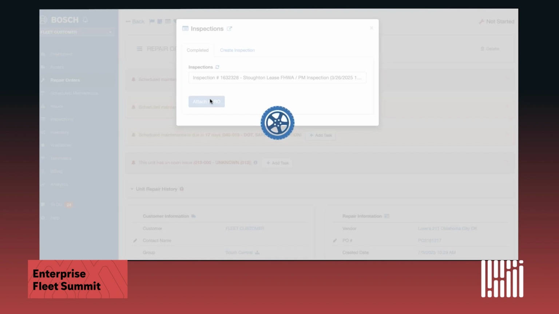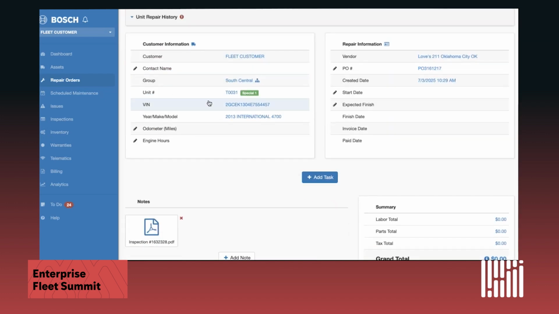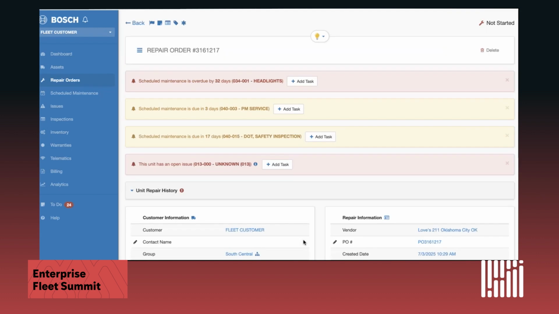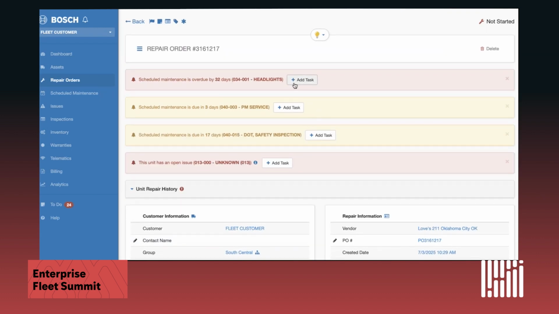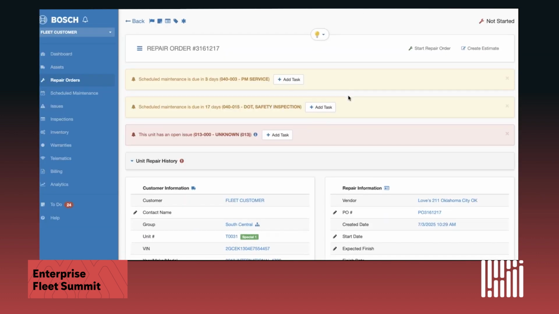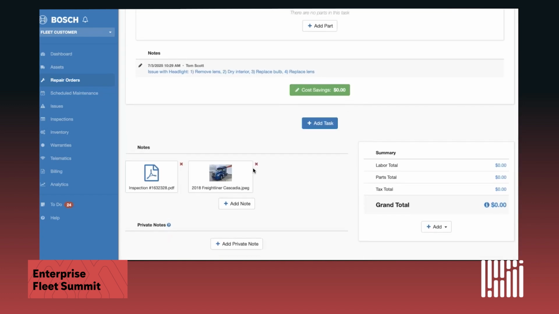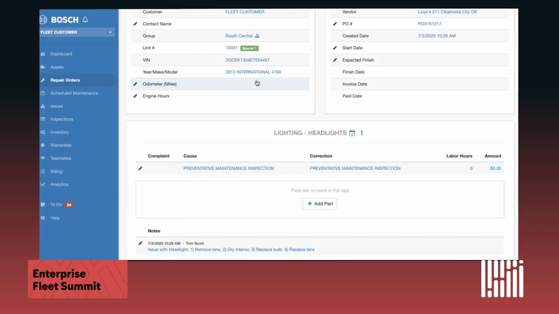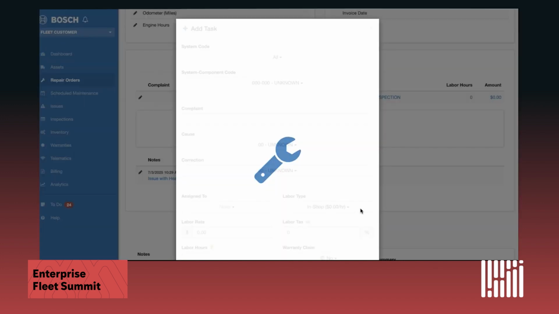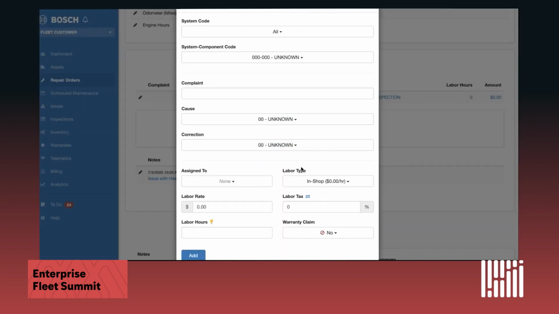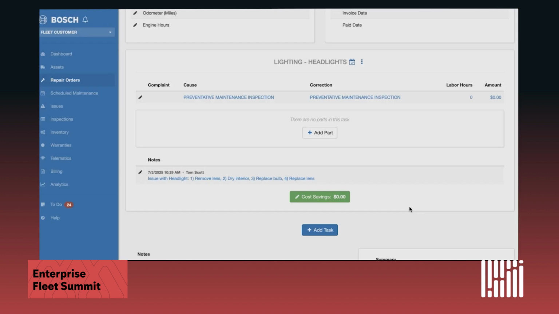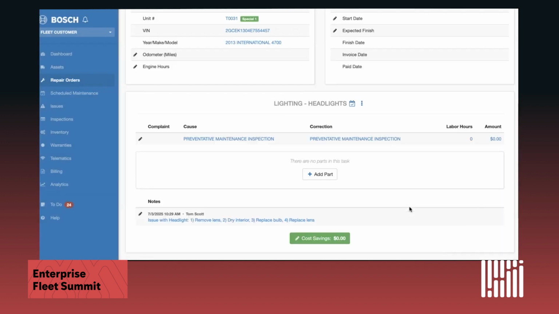We can go ahead and attach that inspection that I had mentioned. If that's been done on a mobile device or some other framework, that will come in a PDF, as well as any pictures or videos that might have been associated with that. If we wanted to go in and add a headlight campaign, something like that, we could do that very easily. The headlight campaign would bring in a picture or some additional notes. We could very easily add in tasks associated with that unit. Very nice structured data, very easy to enter. It will give additional analytics-driven guidance around SRT times, average labor hours, all of that visible and fully integrated